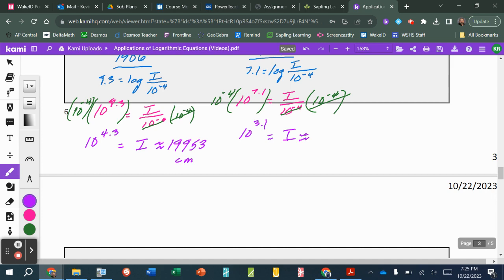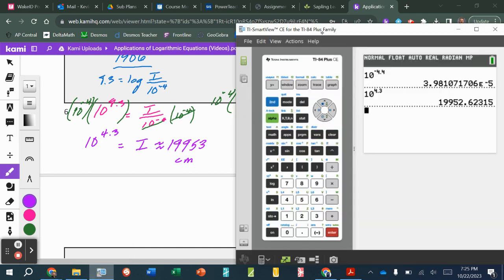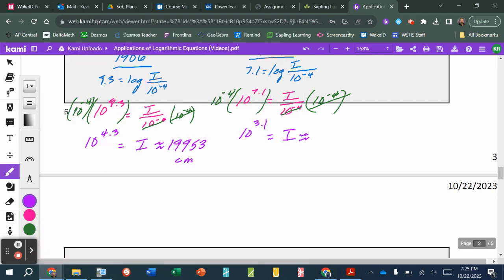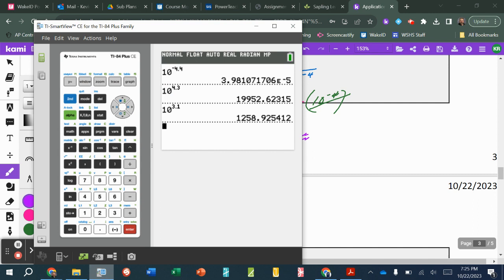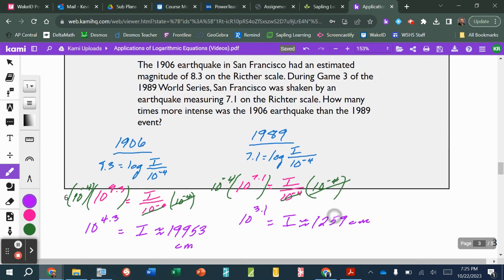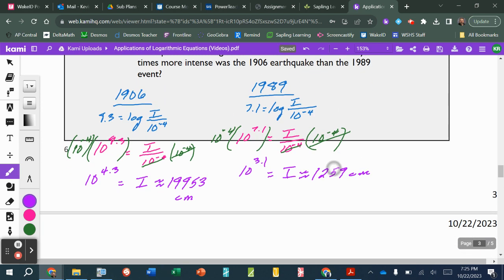And then the intensity for the other earthquake is going to be 10 raised to the 3.1 power. So that's going to be 1,259 centimeters. Now that's great, I've got those, but if you remember, our problem asked how many times more intense was